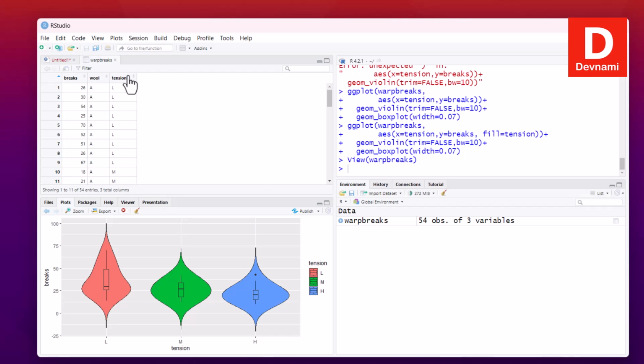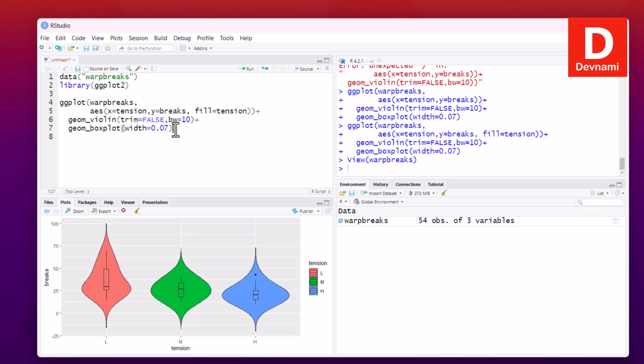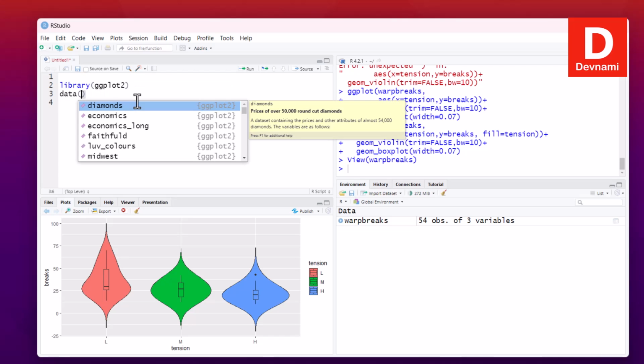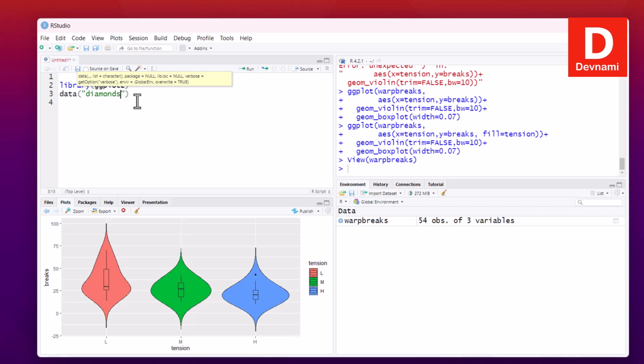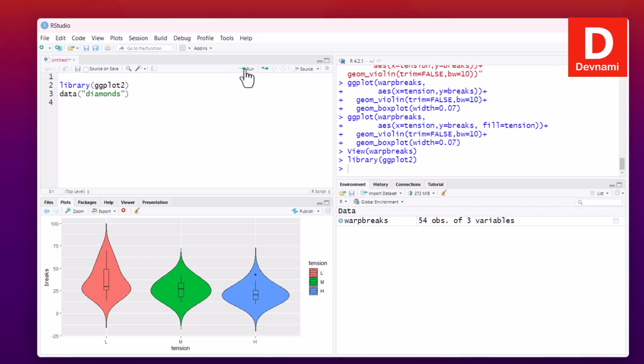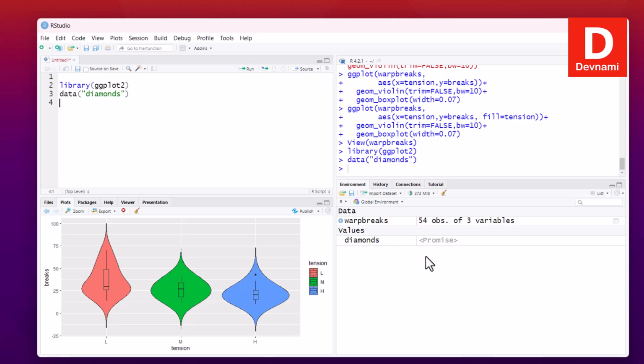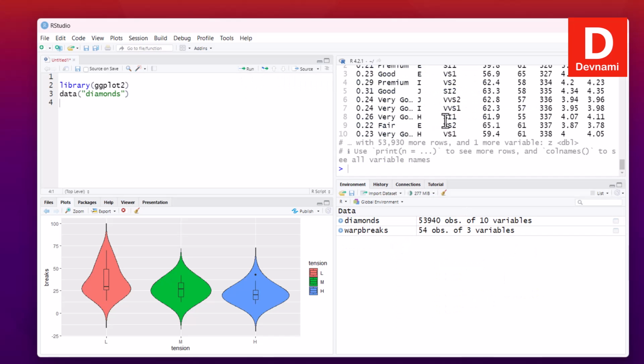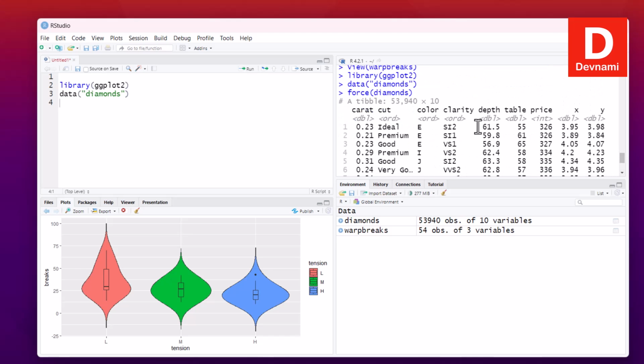Okay, so there is one more data set that we can try out. Here you can see I have warpbreaks. I can change this to, let's see, a different data set. So let me close this and type in data, and within double quote you can see diamonds, right? So this should show me some data, right? So if I run this, let's see, if I select it and run it, it should show me the output,